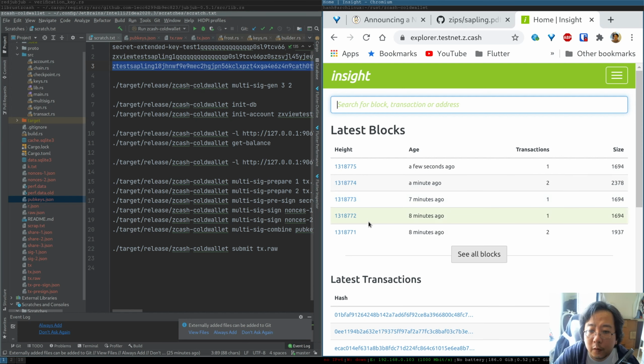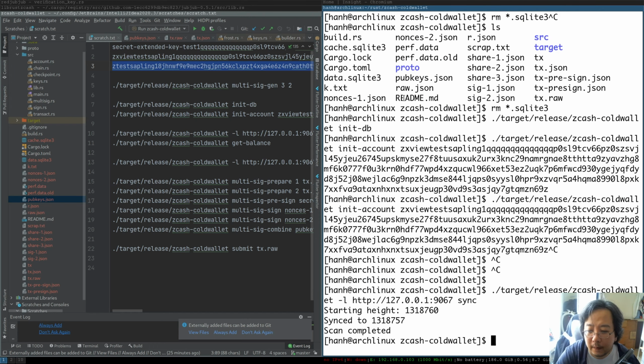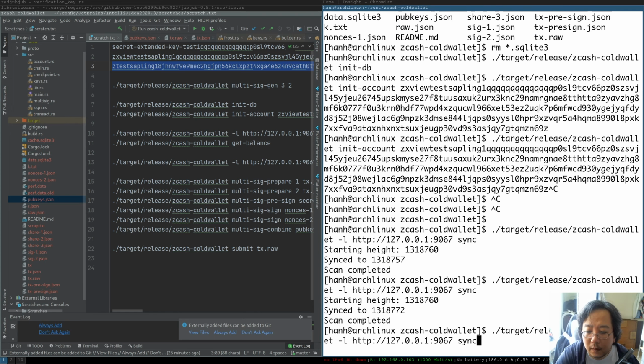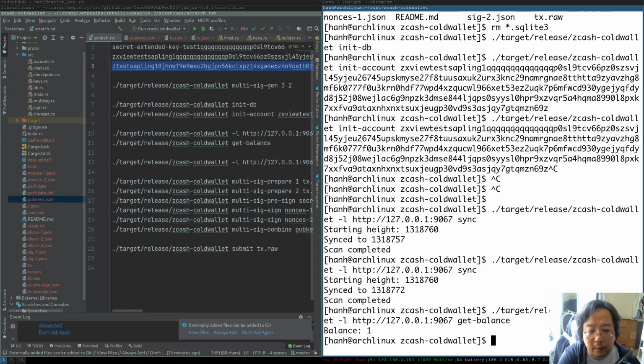Okay, it's been a few minutes, probably 15 minutes. So let's see if we have received a coin. So we sync again, and we do a get balance. Alright, so we have one, and now we prepare the